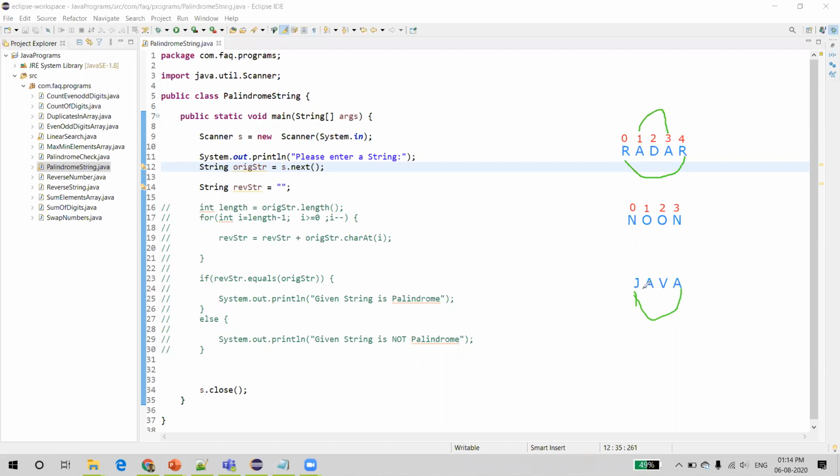We don't need to actually read all the characters in the string. In the first iteration itself, we can check if the leftmost character is the same as the rightmost character, and if it is not the same, then and there we can say that the given string is not a palindrome. So this is the logic we are going to follow. If it is the same, like in this case, N O O N,